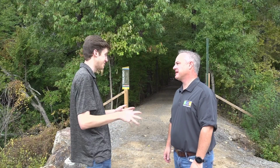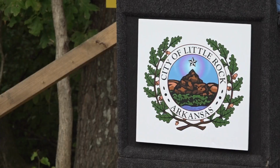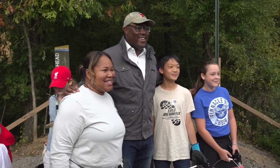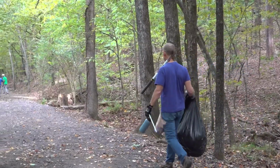They weren't able to get their trucks into the creek and into the park, so they had to use other equipment to get the tree debris out and haul it out. Little Rock Parks Director Leland Couch says that work is now finished. That news was cheered by nearly 100 people in attendance, who then picked up their tools and their trash bags